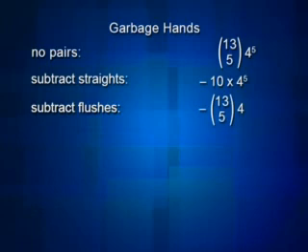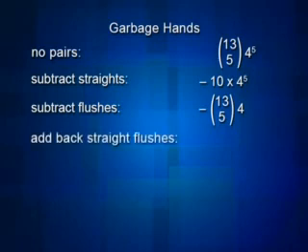But now I have to add back. Now that straight flush issue is going to come back to haunt me, because anything that was a straight and a flush, these are called straight flushes, got subtracted off twice. So I need to add those back in order to get the correct answer. How many straight flushes are there? There are 10 types of straights. And once I've chosen that I'm going to use a certain kind of straight, like 3, 4, 5, 6, 7, then there's only 4 choices for the suits. Choose the suit of the first card, 4 choices. Everything else, there's just 1 choice.